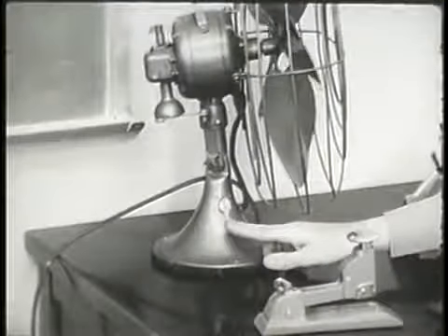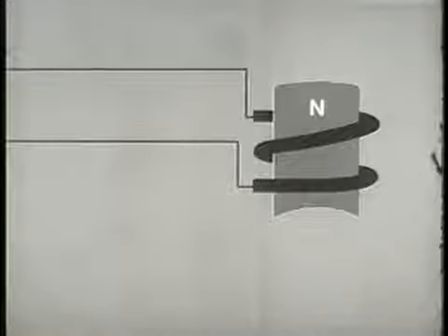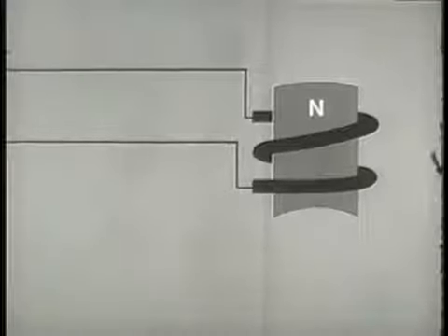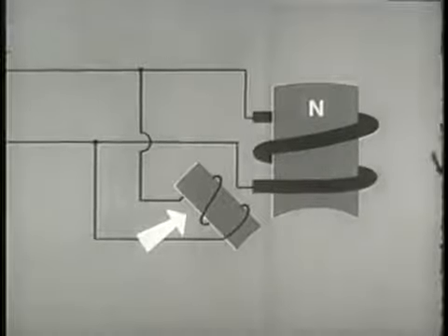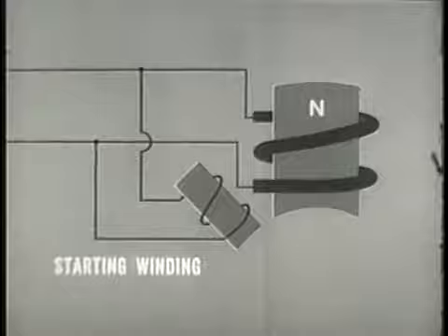Because of the relatively small phase difference developed by this method, shaded pole motors start slowly and are not used where a great deal of starting torque is required. There is another way to start the single-phase induction motor. In addition to the main poles, starting poles with separate windings are used. Phase difference is created by using high resistance wires for the starting poles and low resistance wires for the main